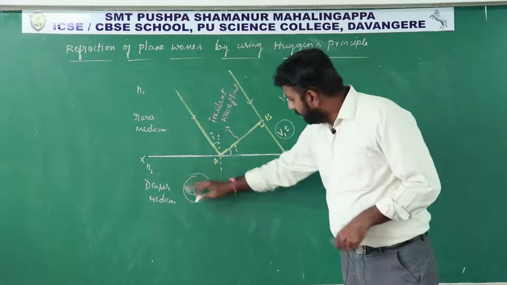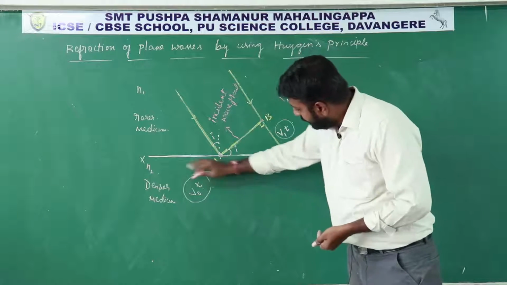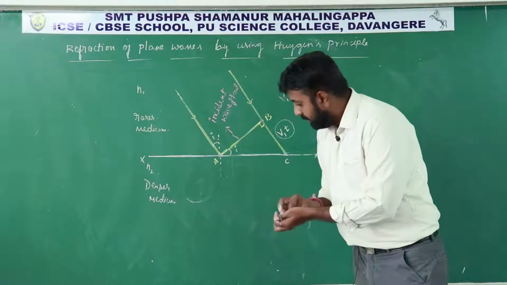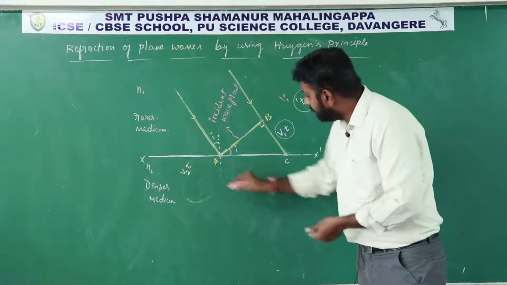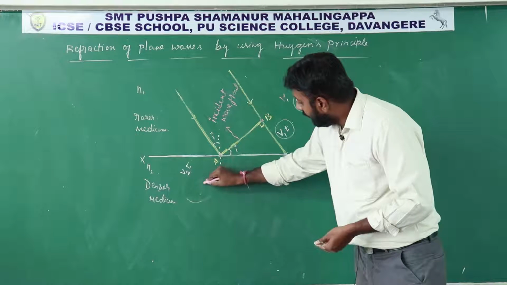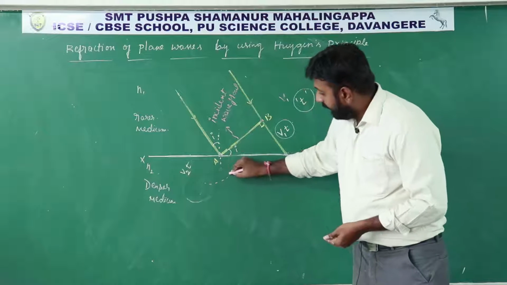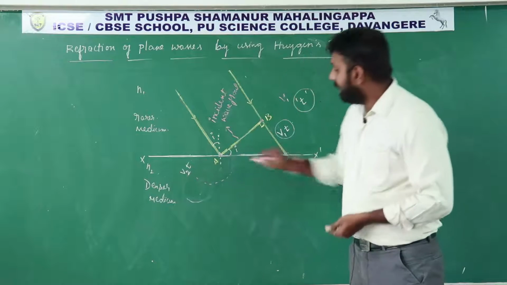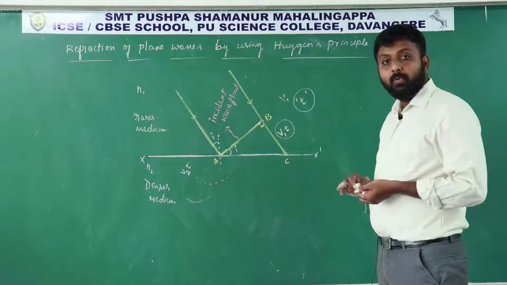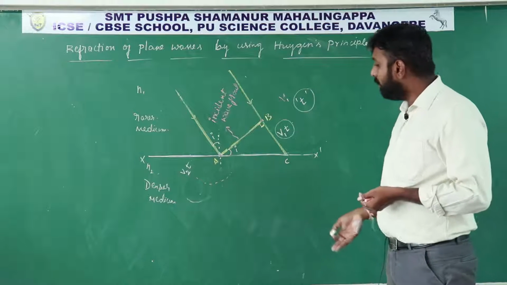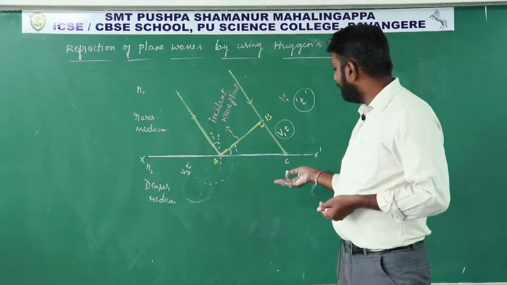Okay, like this we have to take v2t distance as a radius, and we have to draw a sphere. I just represent an arc here. After drawing spheres, to get the new wavefront, that is the position of the wavefront later